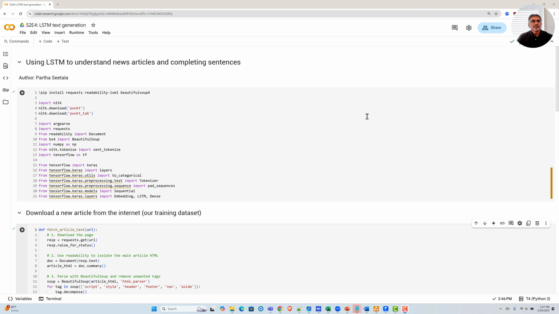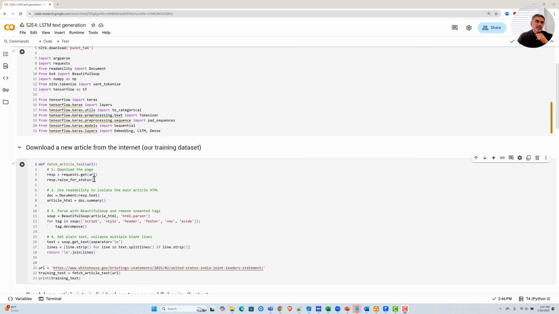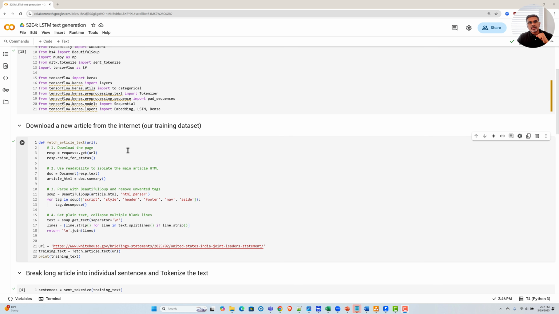So for our coding project, we'll build an LSTM model that can understand news articles. Once it has finished processing a news article, we'll give it a short prompt and ask our LSTM to complete the sentence. I'm going to import the necessary libraries, then download an article from the internet.